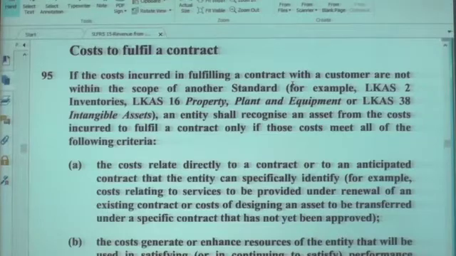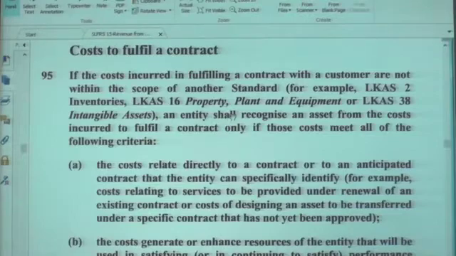Is that clear? Promotional expenses, contract obtaining expenses, advertisement, the 20% or 10% bribe you are giving, everything. To earn a contract from the government, sometimes you may have to give bribe, not in Sri Lanka, in other countries, right? In Sri Lanka, nobody is getting any bribe, but in other countries, you have to pay bribe, 10% of the value or 20% of the value, or sometimes 100% of the value. You have to give bribe. Then all the cost other than LKS 2, LKS 16 or LKS 38 which are recognized under specific standards. Clear?